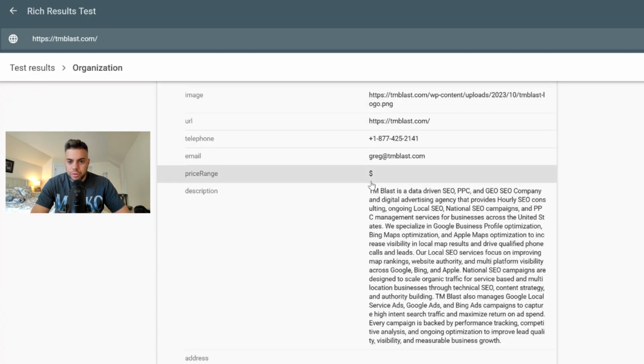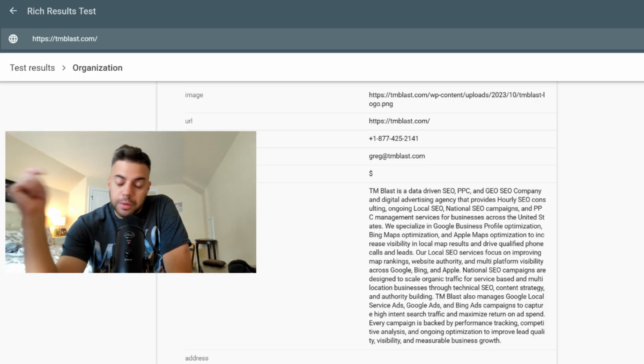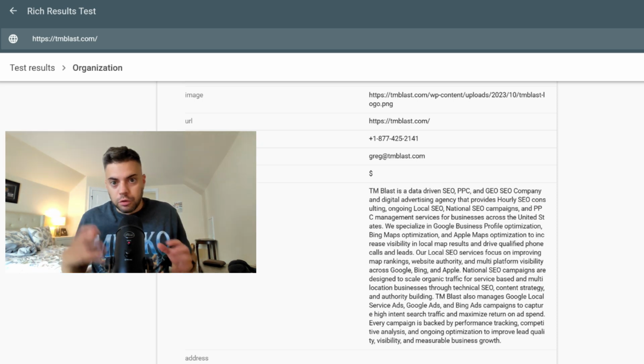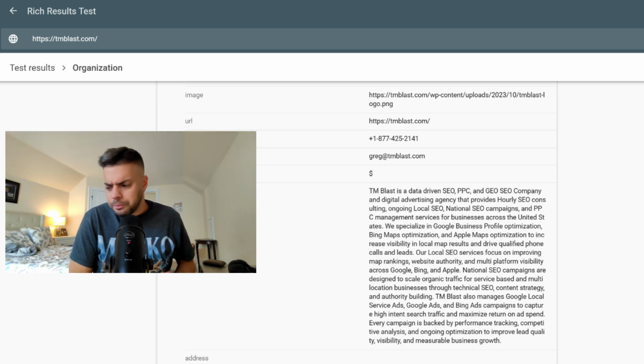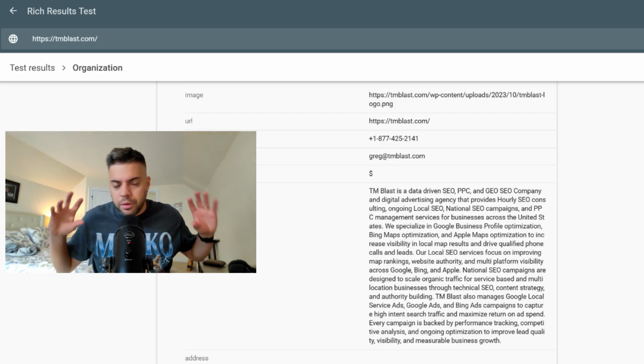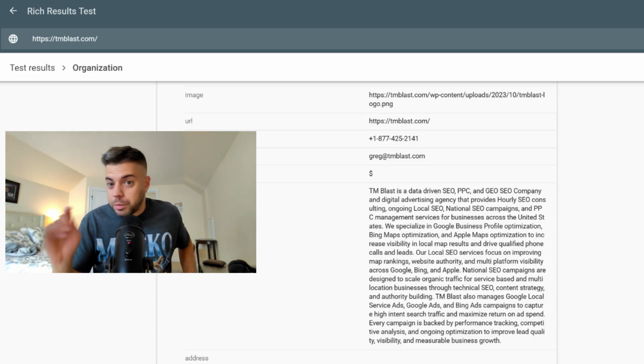I have this description where I talk about SEO, PPC, GEO, SEO company. Again, I update the schema markup for my client and I use words like swamp cooler repair, swamp cooler replacement, AC repair, all that. Again, I update that about 2 to 3 times a year. So I'm going to really call this out for Google and also for Bing to say, okay, this is exactly what my client does. Here's their description. Here's their address. Here's their hours. But again, within the schema markup, Google can actually clearly see that we specialize in this particular service,